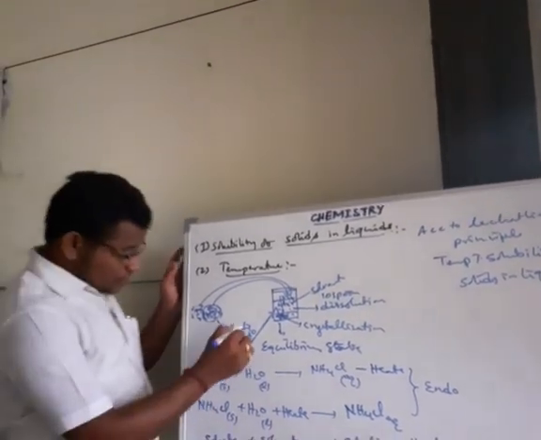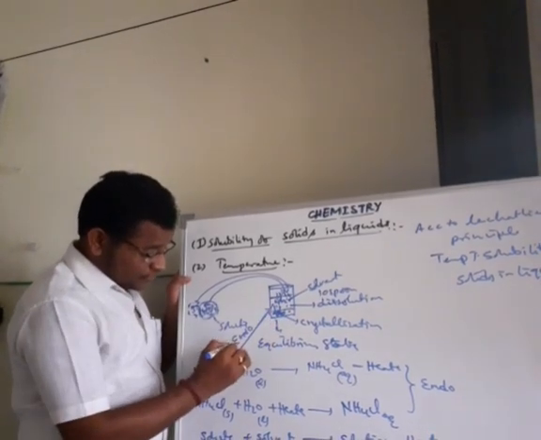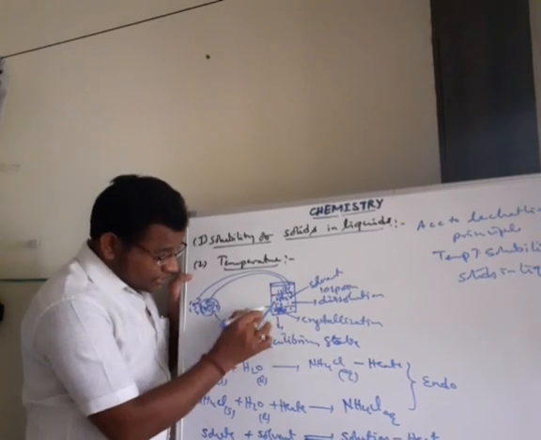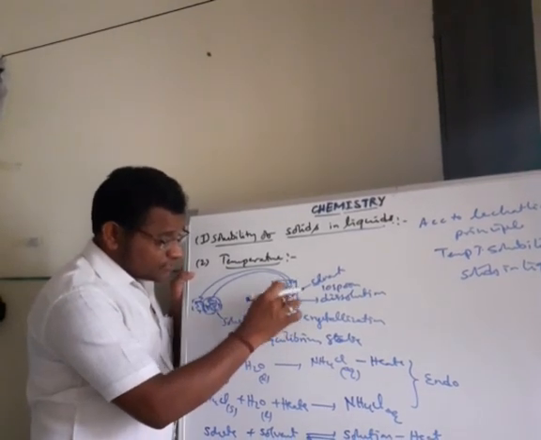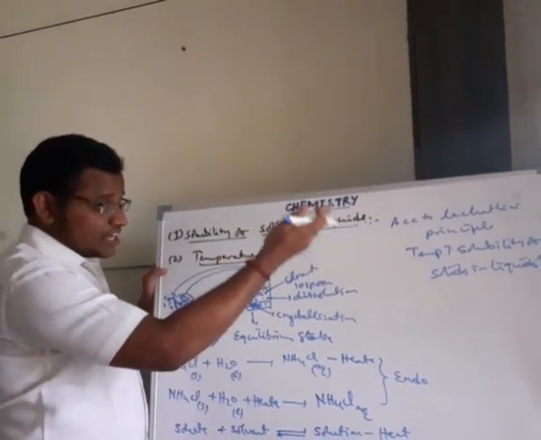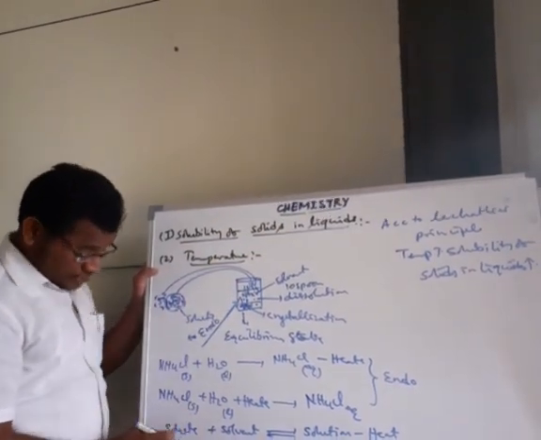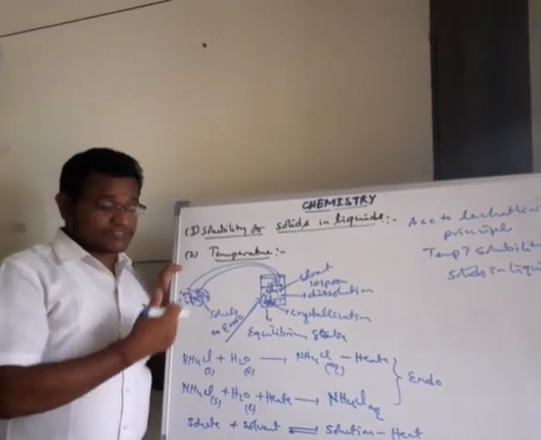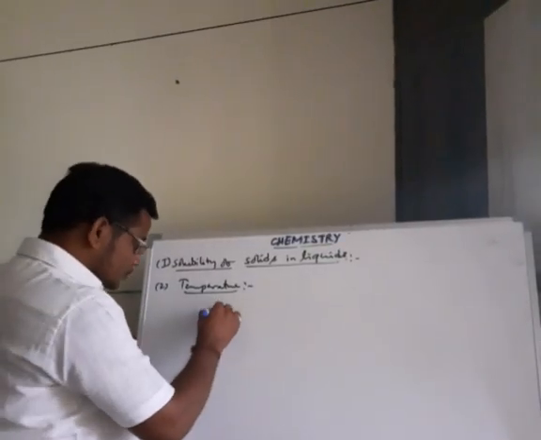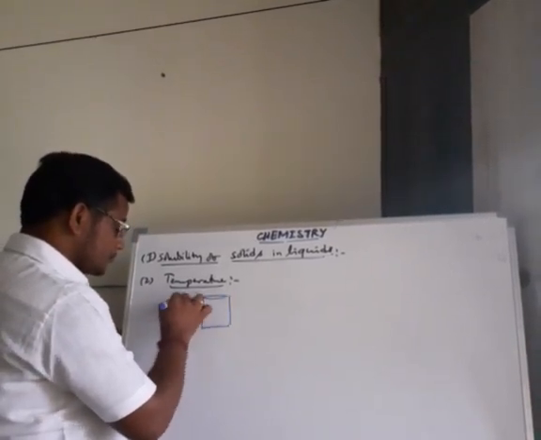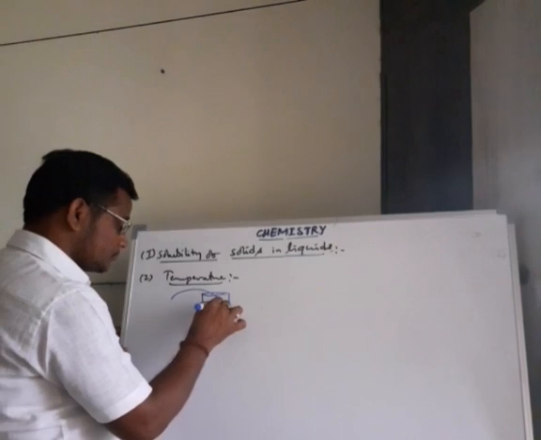Okay, that means during the formation of the solution some amount of heat is absorbed. So if we increase the surrounding temperature, it absorbs more heat, and the solubility is increased. That's why when the temperature increases, the solubility of the solids in the liquid increases in the case of the endothermic process. Then what about the exothermic process? That is next.